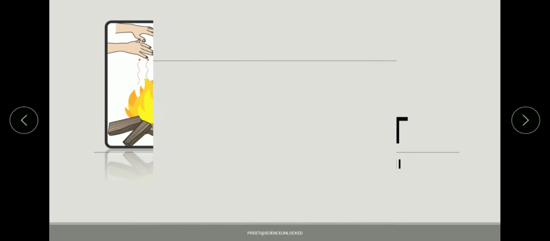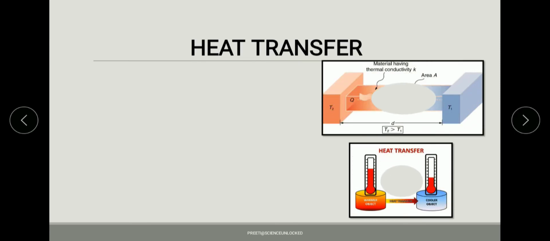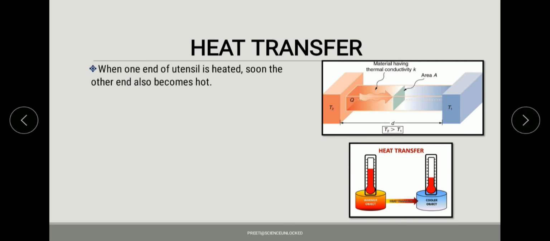Here we are on the second part of the chapter Heat from the 7th class Science NCERT textbook. So here we will be talking about the concept of heat transfer. First of all, I have a few examples, after which we will be discussing all the modes of heat transfer. The first example is when we heat up the end of one utensil,